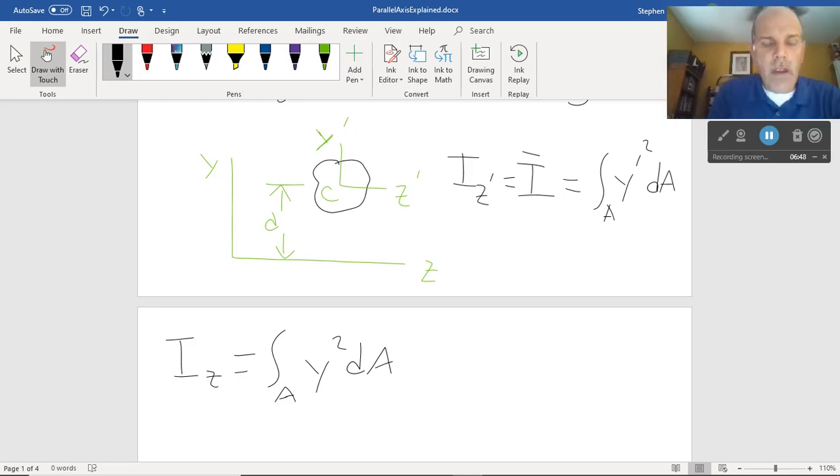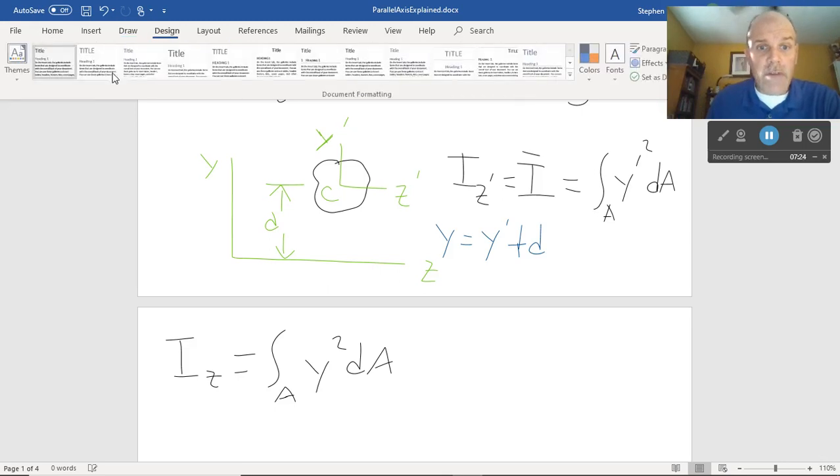So now, what we have to note is if I have any point in this body, y has to equal y prime plus that distance d. Okay, what's happening here is if I look at any point, if it has a y coordinate of y prime, I have to add on d to get its y coordinate. Let's think of it as having a half inch above the z prime axis. If d is 2 inches, it makes sense that the y coordinate would be 2.5 inches, where the y prime coordinate would be a half inch. So what we can say then